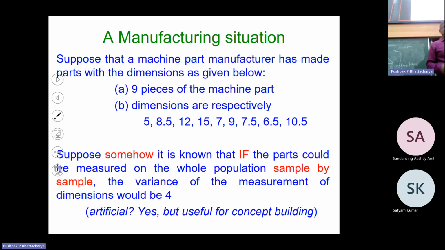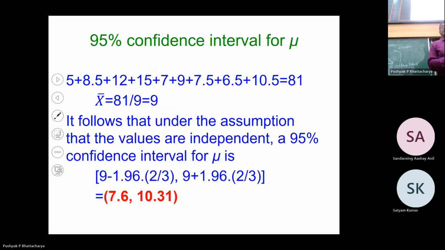Okay. Let us see. The mean of the sample is 81 by 9, which is 9. Then from the result that you have seen already, the 95% confidence interval for mu is 7.6 and 10.31. The population mean has to be between 7.6 and 10.31 as per the sample, because of the sample. Okay. So therefore,